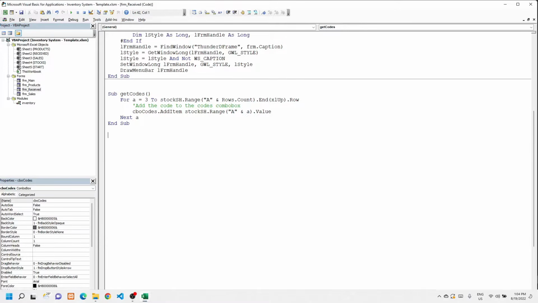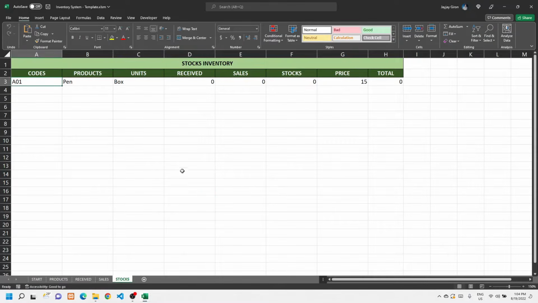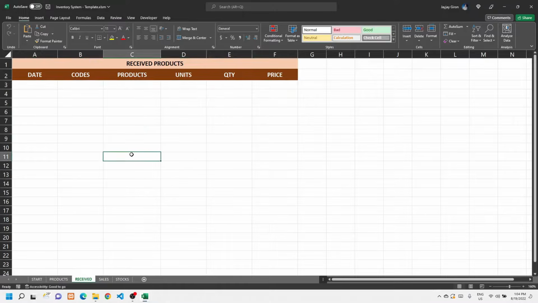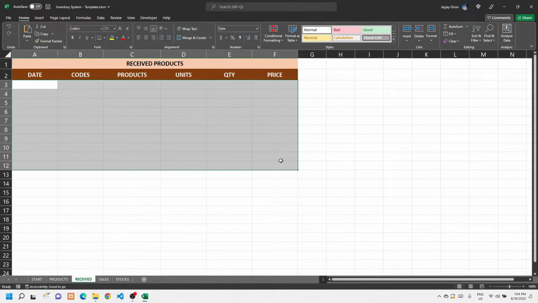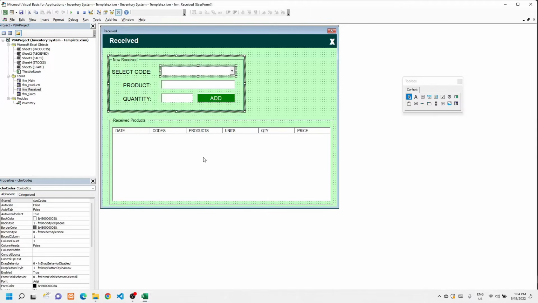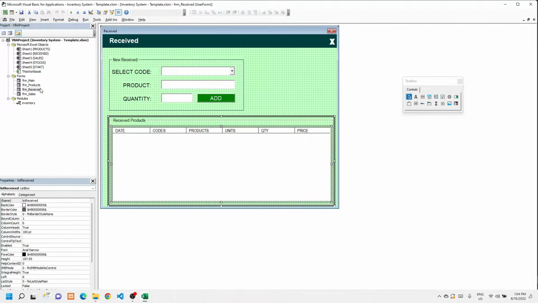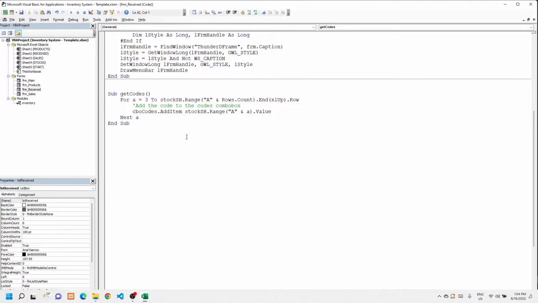All right. Next, we need to create a sub procedure for getting the received transactions. That will be referencing our receive worksheet, getting all the details in here and showing them in our receive list box. So to do that, we'll create a procedure and name it get receive